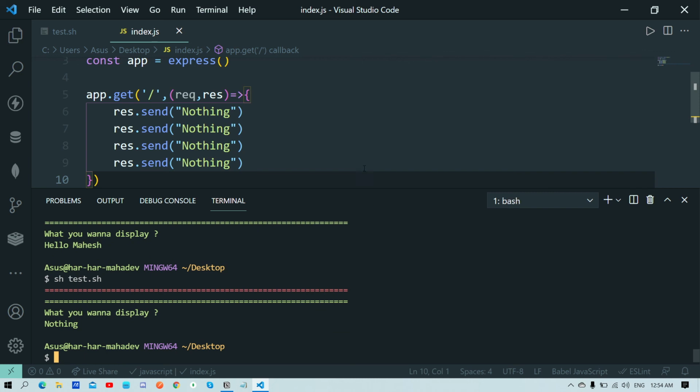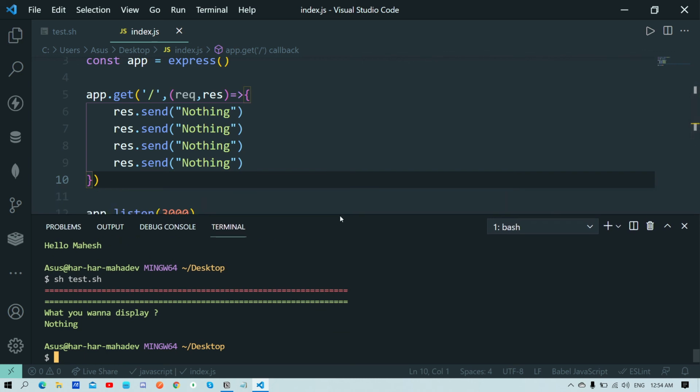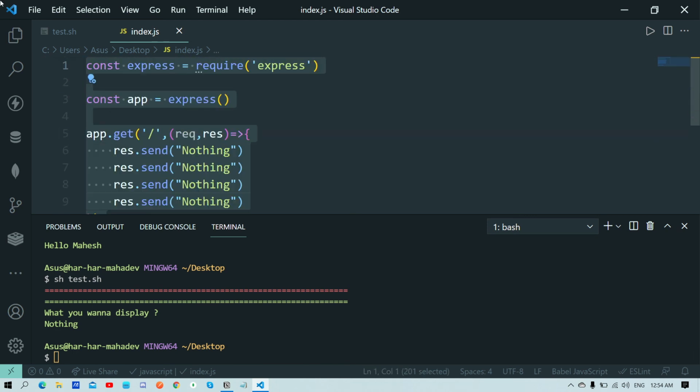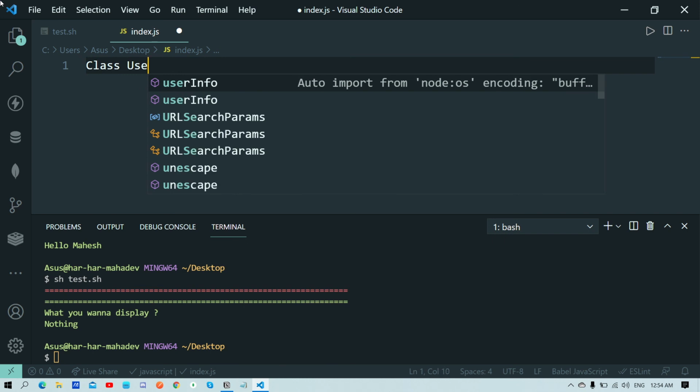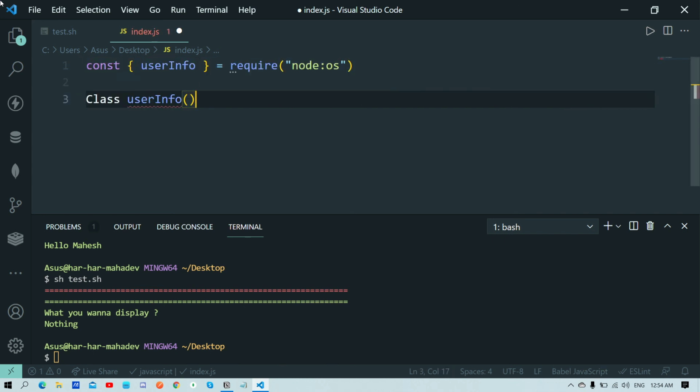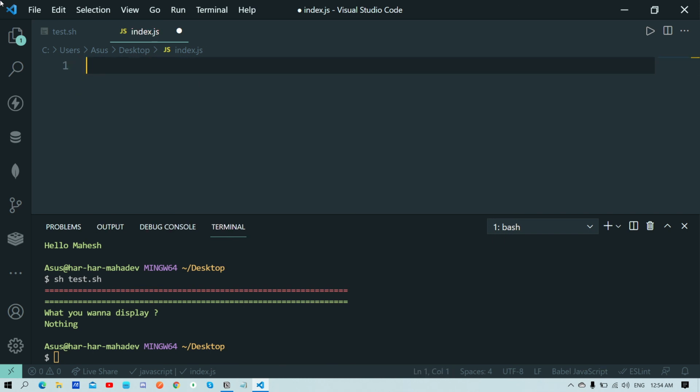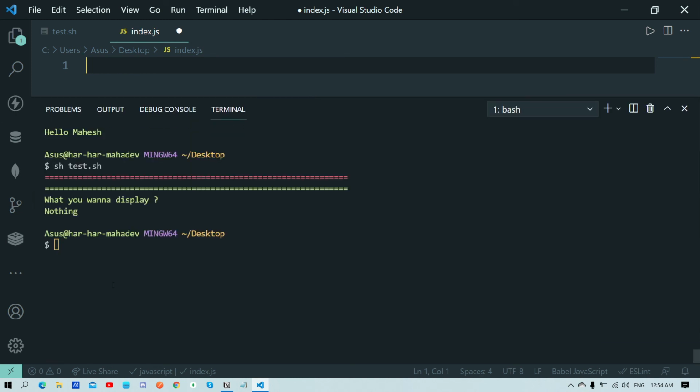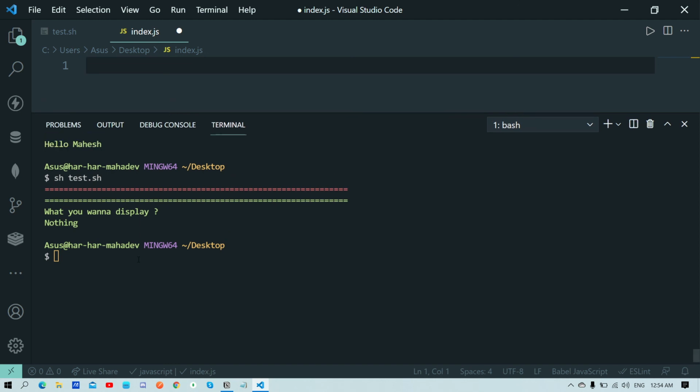So yeah, it's gone. So you can operate, this is just a basic example, but imagine you have models, routes and tons of files. So you can create your boilerplates, okay. And you can name it like something, if you have a class user. If you wanna do something, you can use it for many purposes. You can provide plenty of options over here. What you wanna create, module, then you can automatically copy the boilerplate to somewhere else. You can use the cp command for that. So I have made lots of CLIs based on these simple commands.